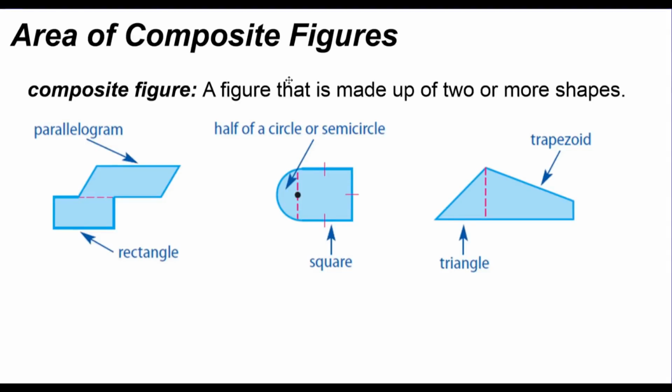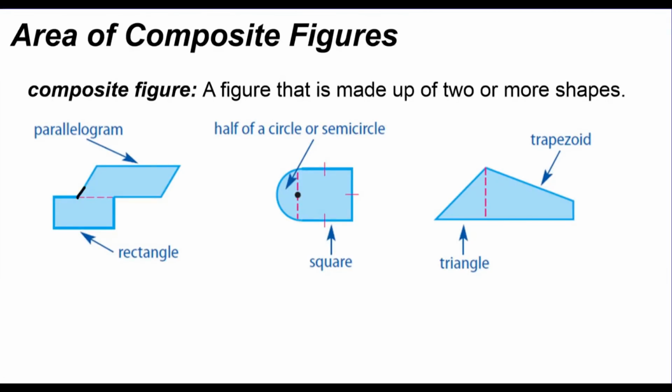In this video, we're going to talk about the area of composite figures. A composite figure is a figure that is made up of two or more shapes. So what we're doing is creating figures that are composed of some of our more basic shapes that we are aware of. For example, we have on the screen here a parallelogram and a rectangle